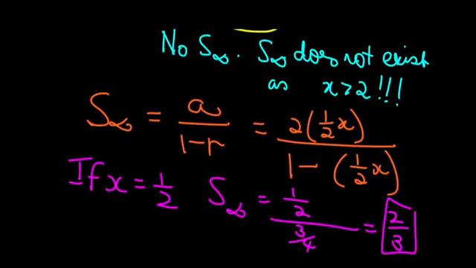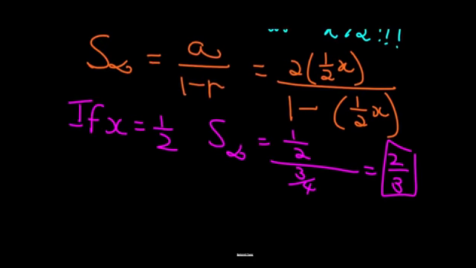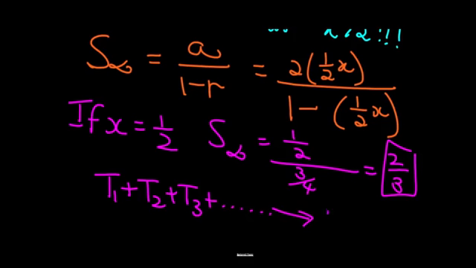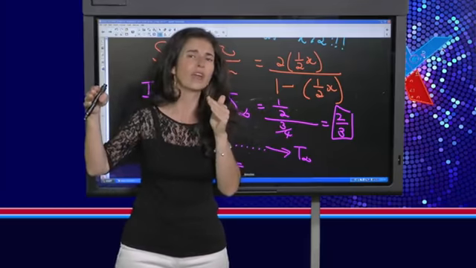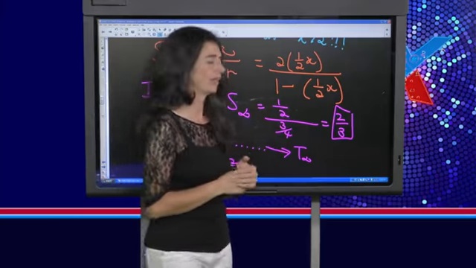Okay, so what we're saying is that if we add T1 and T2 and T3, and we go all the way to infinity, to an infinite number of terms, our sum to infinity tends to 2/3. Now, we often don't use the arrow to indicate tends to, but that's what we're saying: it will all converge towards that 2/3. Doesn't matter how many more terms you add, it will actually be